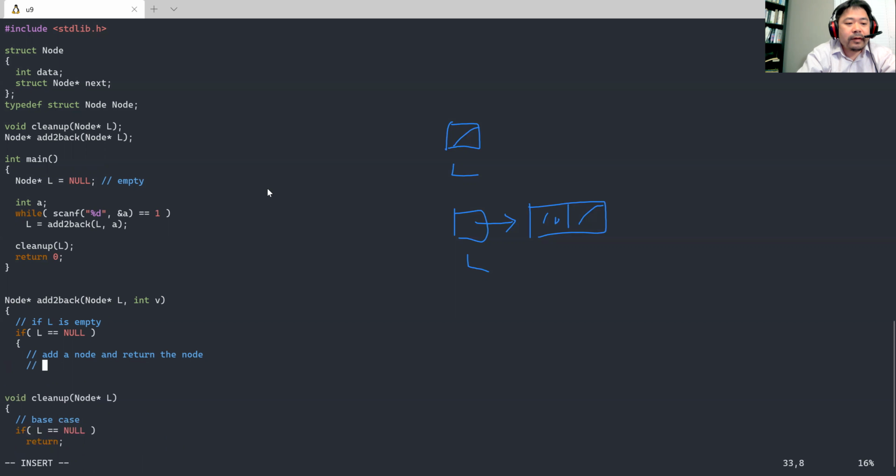So what I'm going to do is also create a function for adding a node. That's what it is. Okay, so the add node function will be basically,